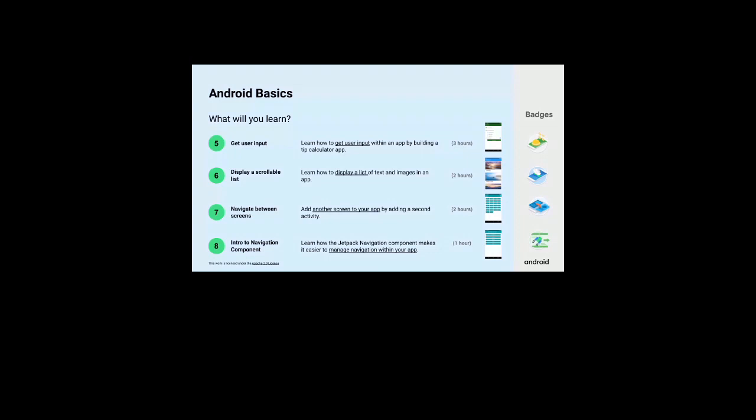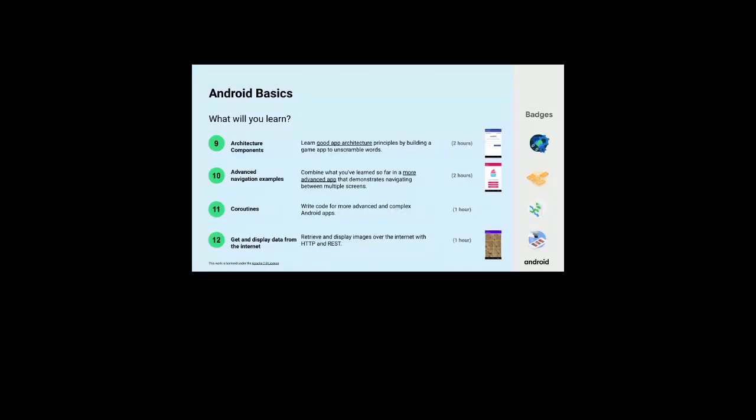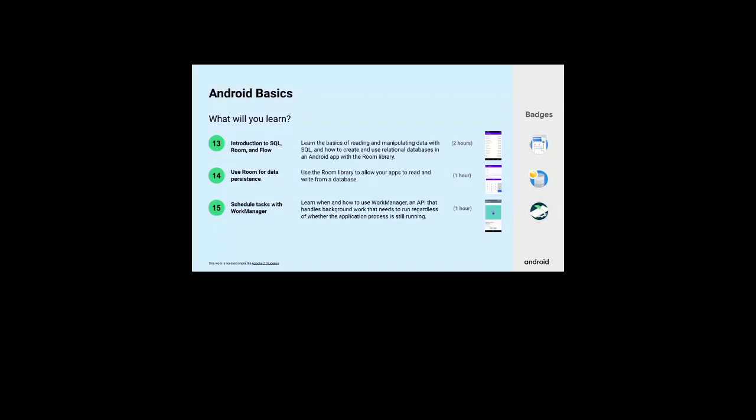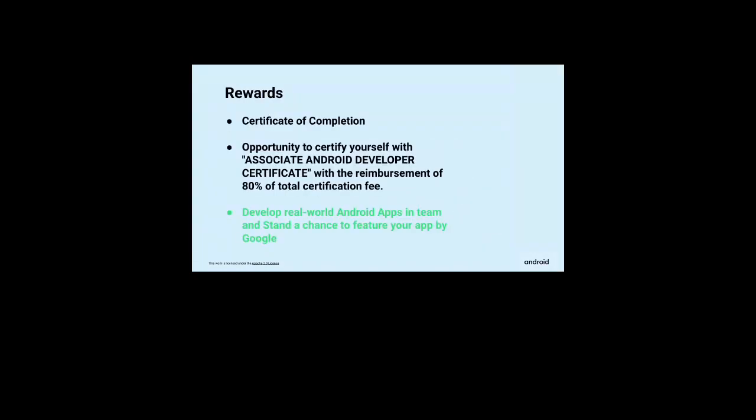Moving forward, the next 4 chapters are listed here, along with all the badges that we have to earn. There are 2 chapters and a total of 16 badges that we have to earn. Coming to the rewards part, if you successfully complete the Android Study Jam program, then you are eligible for a certificate of completion. So you all will be getting a certificate, and I will be keeping track of your profile. If you have all the 16 badges, then you are eligible for the certificate of completion.